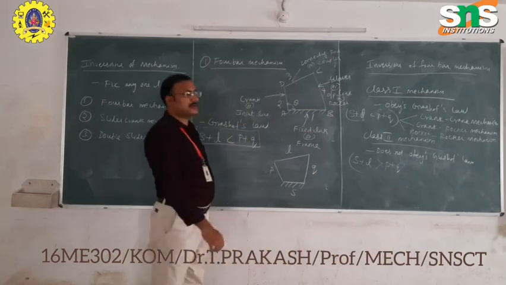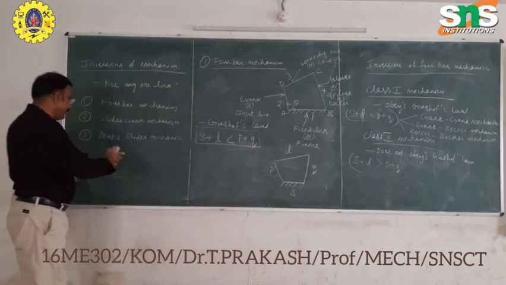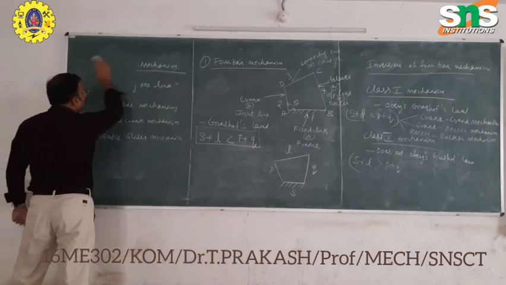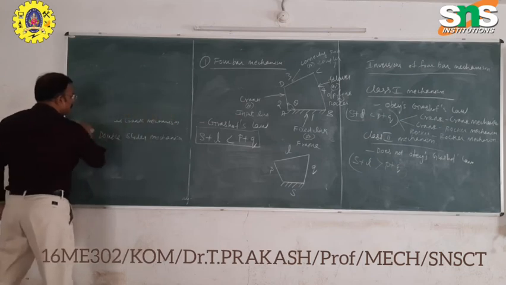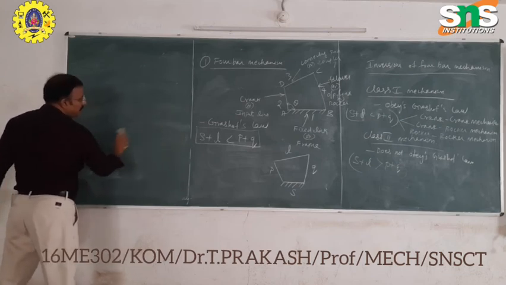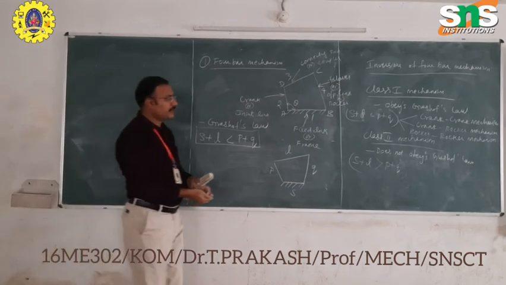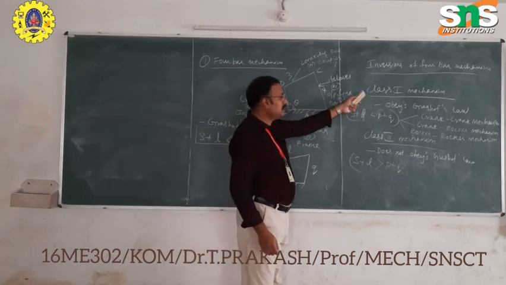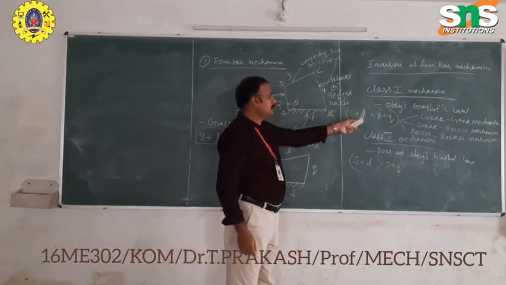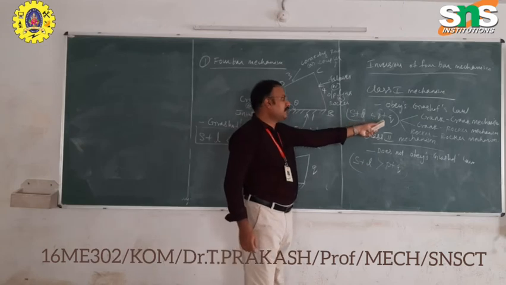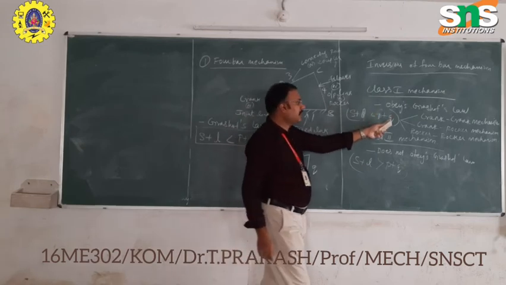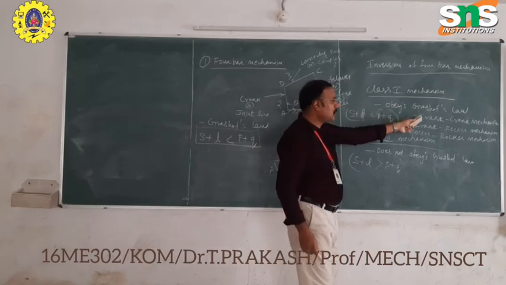Okay, this is the class 1 mechanism. Once again, I will explain clearly. In class 1 mechanism, it obeys Grashof's law, that is, the sum of the shortest link and longest link will be less than the other two links. It obeys Grashof's law, and the mechanism when the shortest link is fixed,